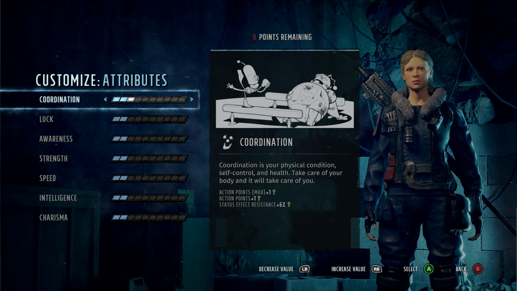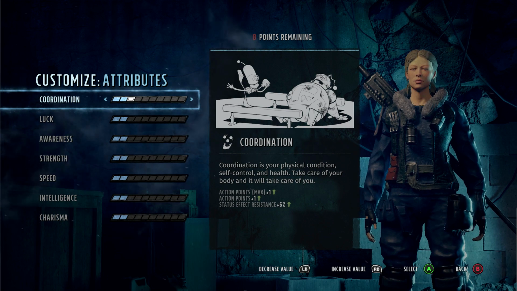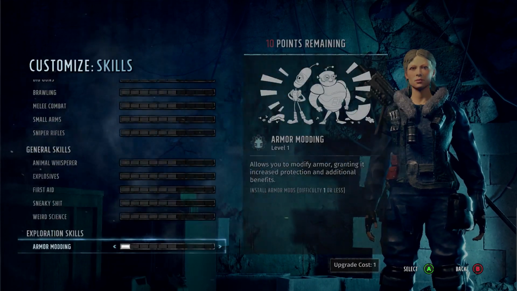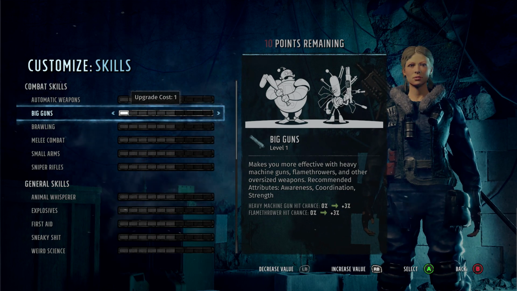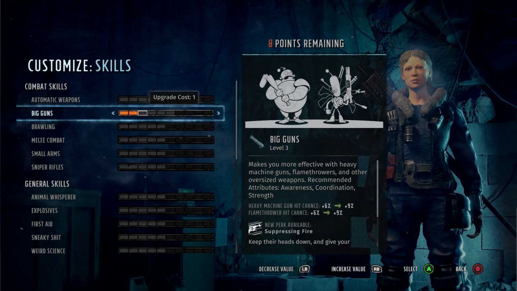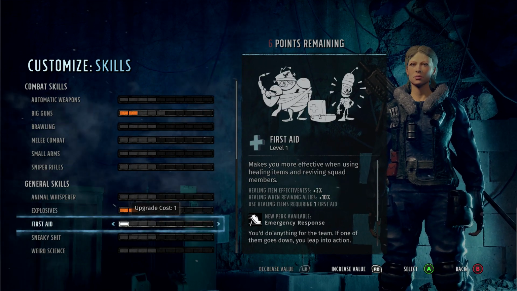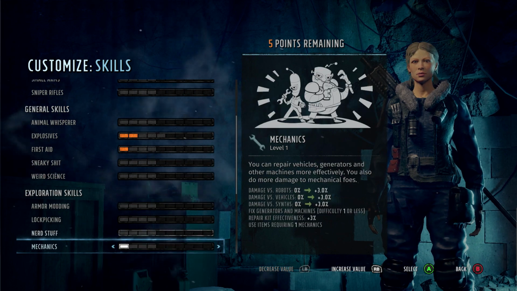Now, attributes, these are the things that power your skills. So we're actually going to look at our skills first and then pick the attributes to go kind of with them, if you see what I mean. So we definitely want a couple of rounds, or levels I should say, of big guns. That's the skill for the machine gun that we now have. We want to put 2 points into explosive, 1 into first aid, and I'm going to put